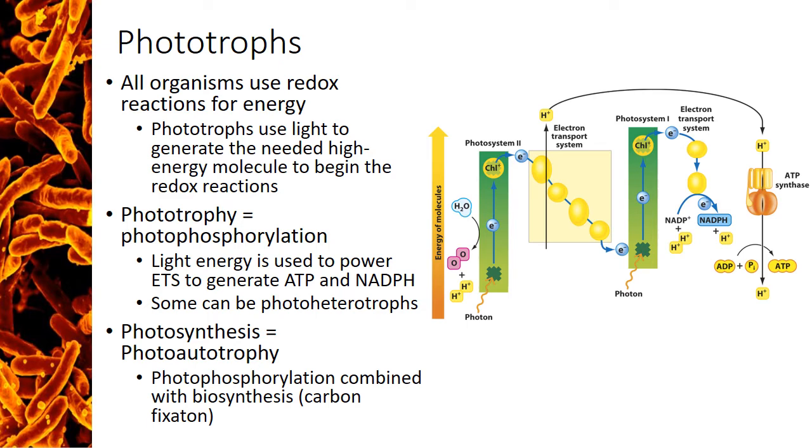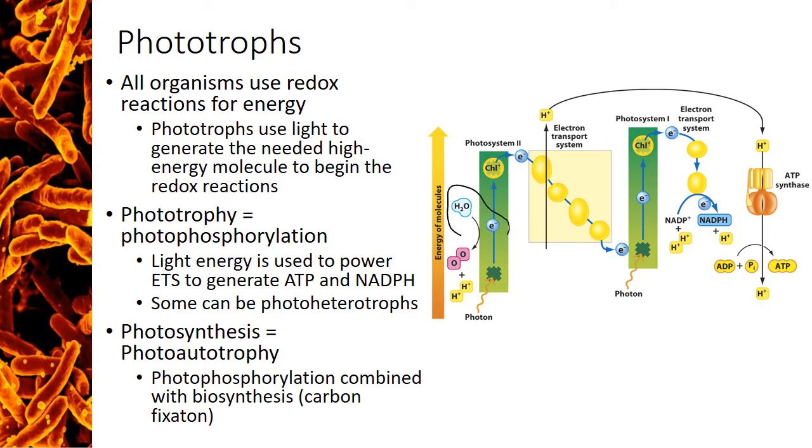Phototrophs harvest energy from the sun to excite those electrons, transferring the kinetic energy in the photons of light to the low energy electron, making a high energy electron that is now able to participate in redox reactions to generate ATP. All phototrophs contain an electron transport chain that functions the same as the electron transport chain in chemotrophs. The only difference is that the electrons must first be excited in a photosystem before being passed to the electron transport chain. Here we see a low energy